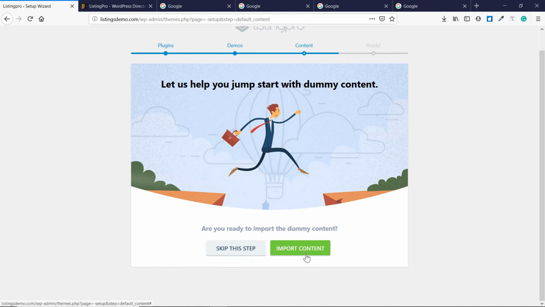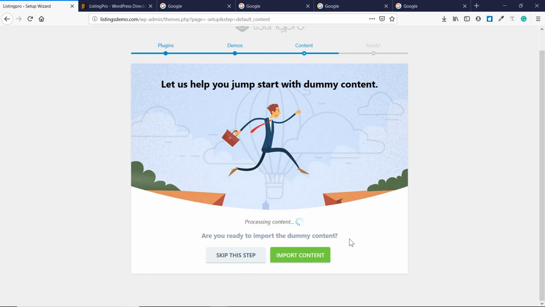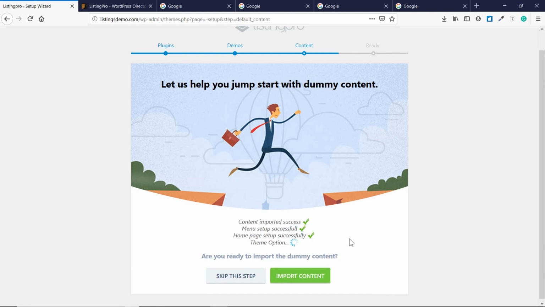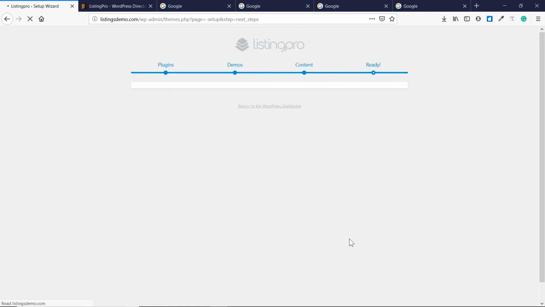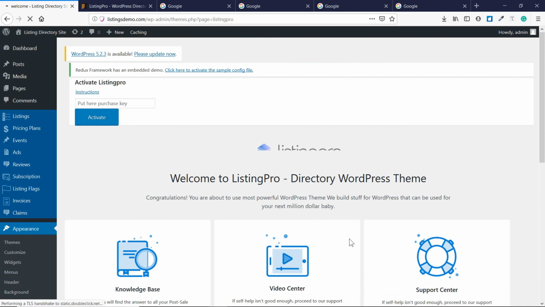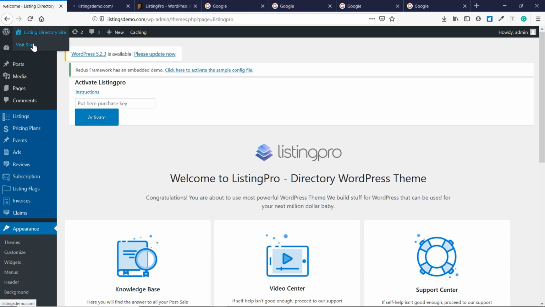So now you need to click on import content so that all the dummy content will be imported to your website directly. Now don't worry, you can delete all of this content manually, and trust me, that's not too much of it. It is just enough content required to at least give a basic look to your theme. So as you can see, we have successfully installed our theme, and we have even imported the demo data and demo content. So let's go to our website once,